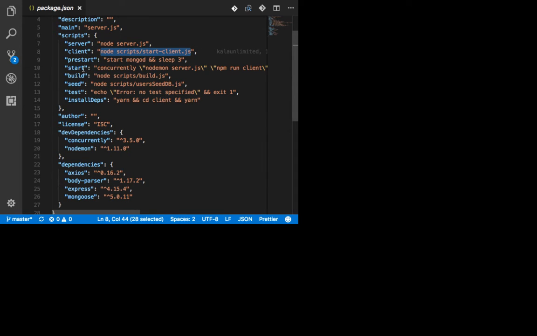That means if I just do npm start, it should be able to start the app. But if I do npm seed, it should be able to fill in my app with the data I need. So the bottom line is, when you're looking at an application, you want to start it, this is the first place you need to look at to know how to start your application. Clear for everyone? Okay.